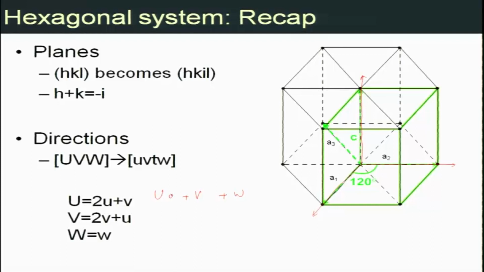So, you can say this is A1 hat, A2 hat, and this is C hat. This can be represented as U A1 hat plus V A2 hat plus T. Now, what is T? It is along A3, and A3 is minus of A1 hat plus minus of A2 hat plus WC hat. So, if we now match the components along the A1, A2 and C axes, what you will get is